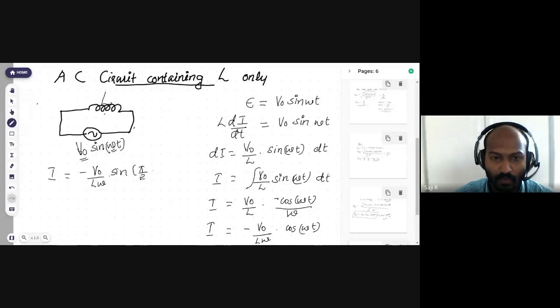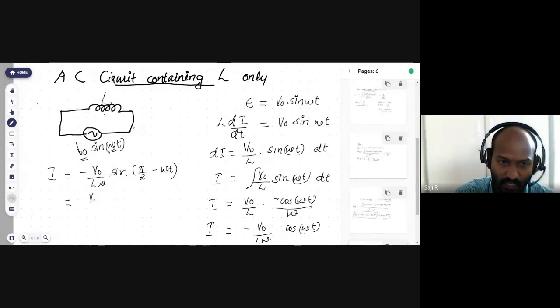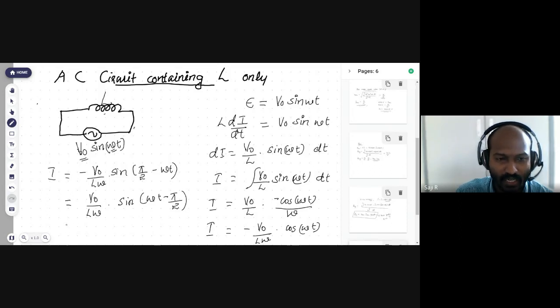And in trigonometry, you might have studied another equation: if you include this minus along with the sine, then minus sine theta is sine of minus theta. When we take this minus, we can write it as V0 by L omega into sine of omega t minus pi by 2. And this is the final equation for the current,